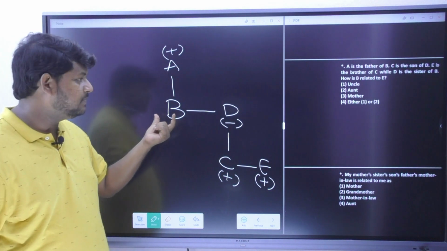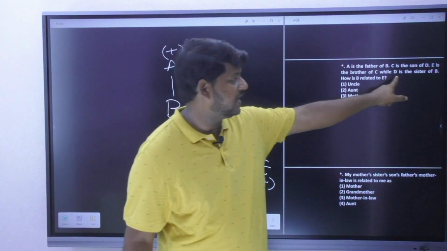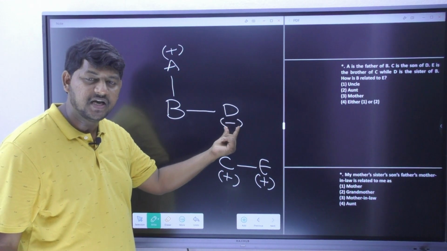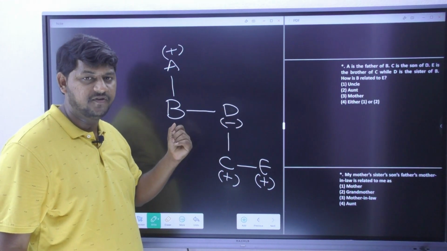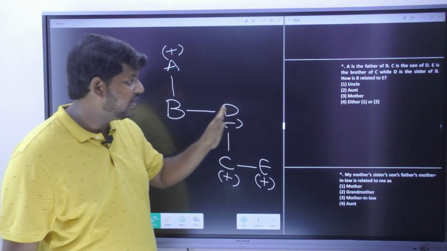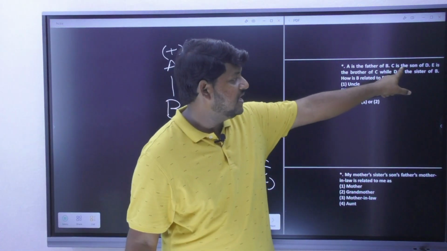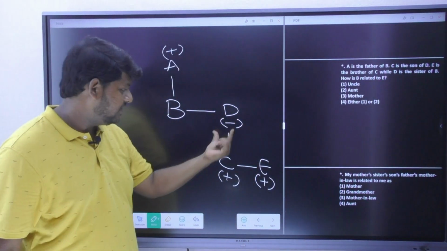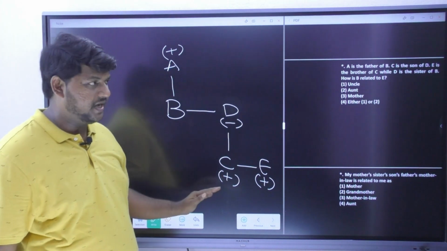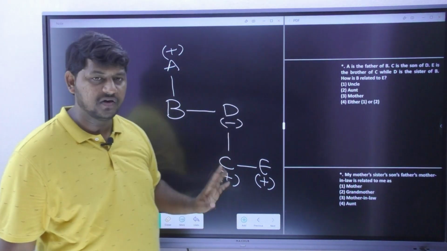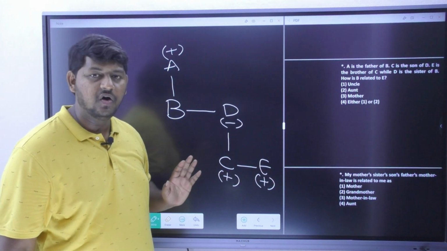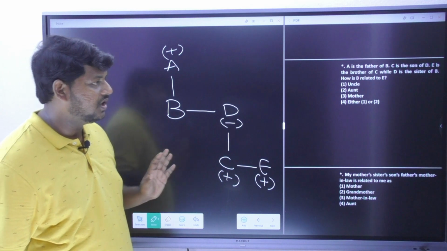Then immediately it is mentioning over here in the last line, D is the sister of B. When D became the sister, I understood D's gender is female, but I do not know the gender of B. Now D got a son. It is clearly mentioned C is the son of D. When C became the son, C's gender is going to be what? Male. And E is the brother of C. Then they are going to stay in the same generation. It is also a male. E is also a male.